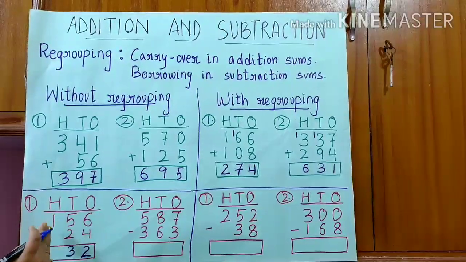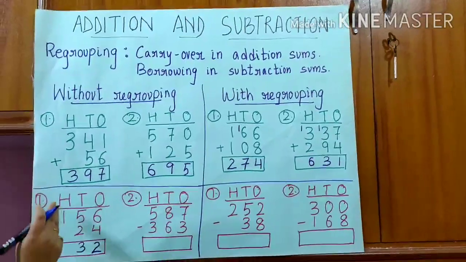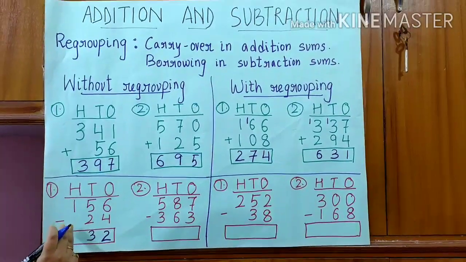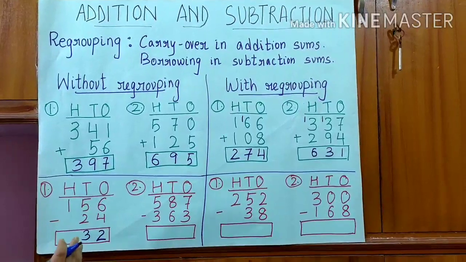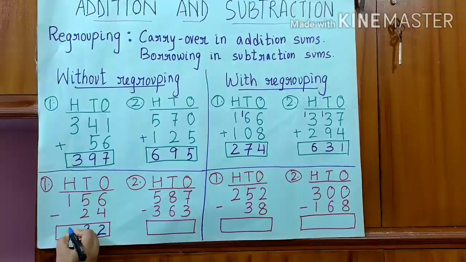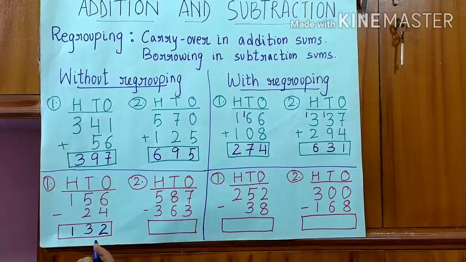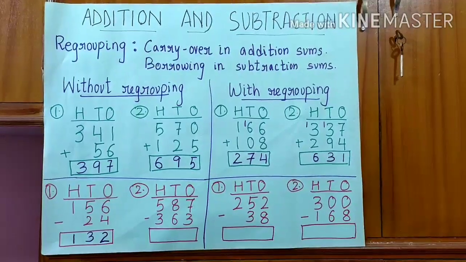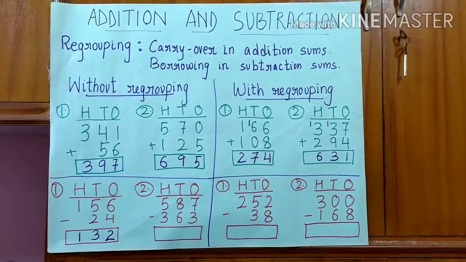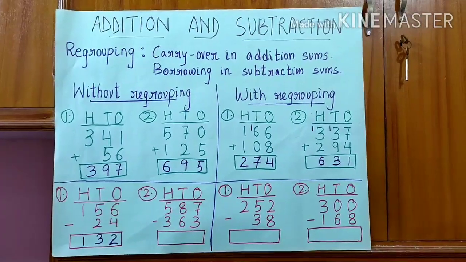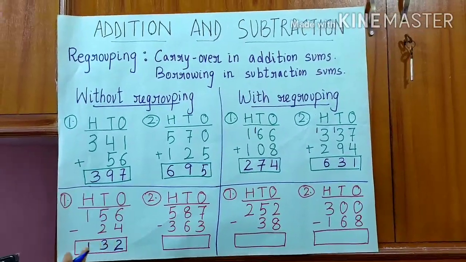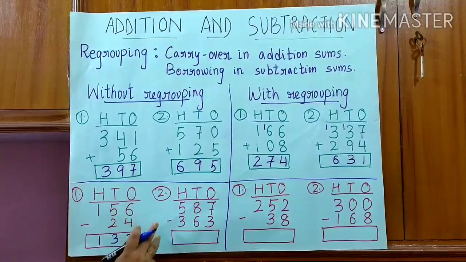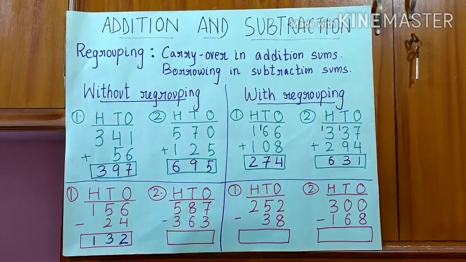And again, we'll move on to the hundreds place. Here we have only 100 and we don't have any other number below. So 100 minus nothing, the same number we are going to get. Right, children? So it is 132. So we have got 132 buns that are left. I hope you are able to understand this. So we have a total of 132 buns left to sell. Right? Now we'll move on to the next sum for your better understanding, children.